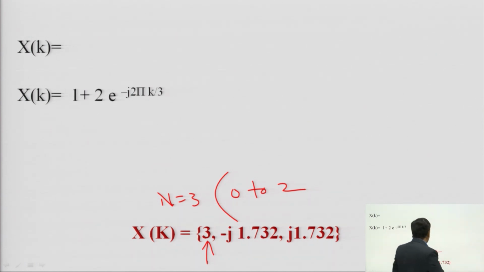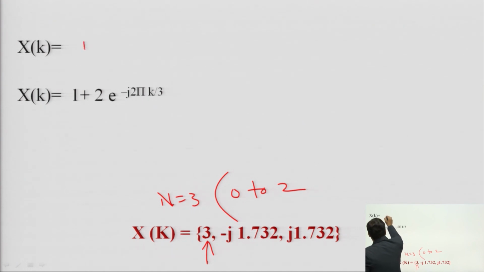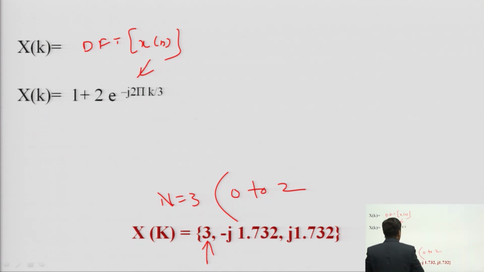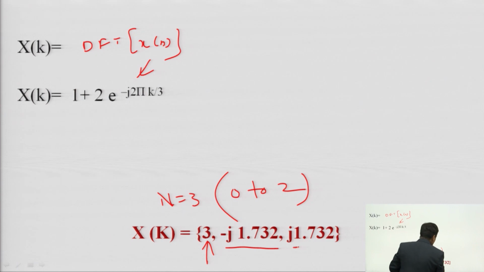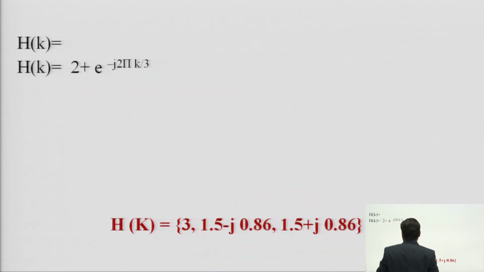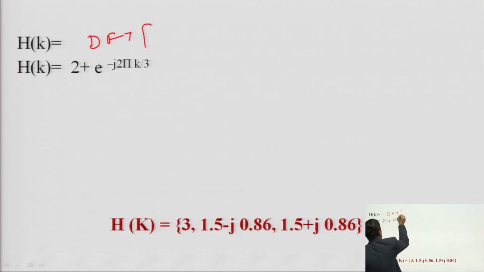So, X(k) is the DFT of your small x(n), and at 0 it is 3, at 1 it will be minus j 1.732, at 2 it will be plus j 1.732. Similarly, H(k) is the DFT of h(n),